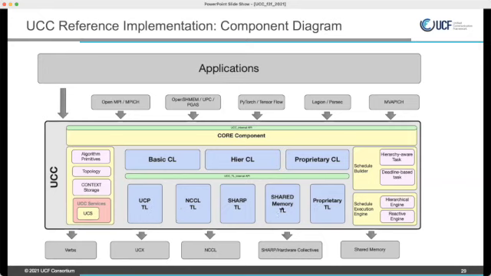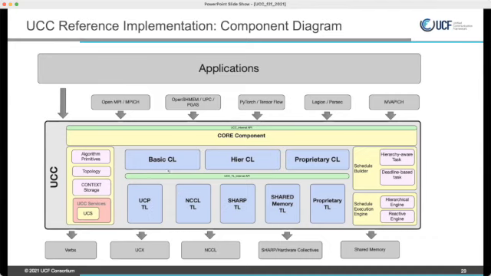We don't have a shared memory TL yet. The proprietary TL is a way for certain vendors who want to use the infrastructure, but not necessarily show some of the proprietary parts of the protocol. They could plug in their transport here.